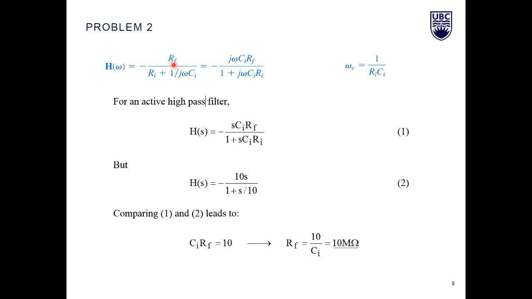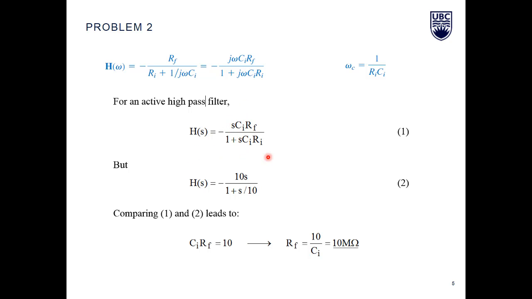So this is the equivalent impedance for Ci at different frequencies. So a series connection of them will be Ri plus this impedance. Then if we simplify it, we have minus j omega times Ci times Rf over 1 plus j omega Ci Ri. And so we know that the corner frequency is 1 over Ri times Ci. And then if we get this relationship, and instead of j omega here and here we put s,